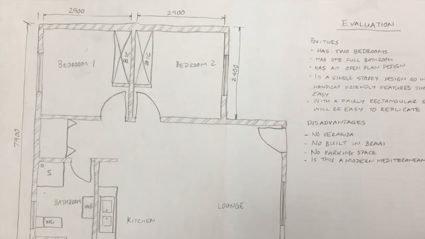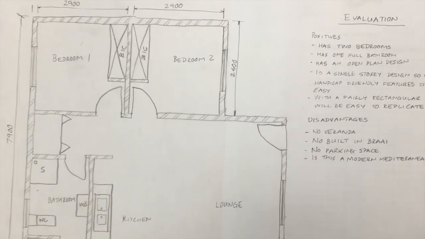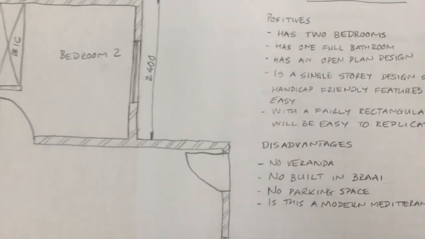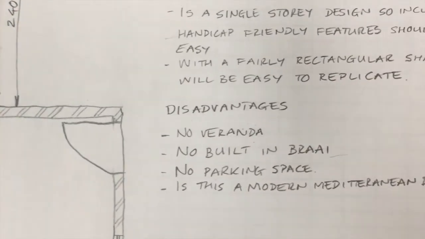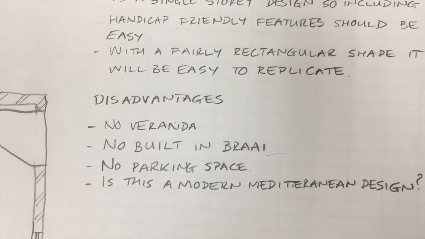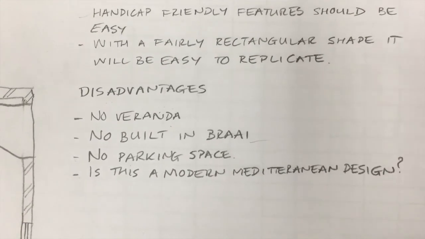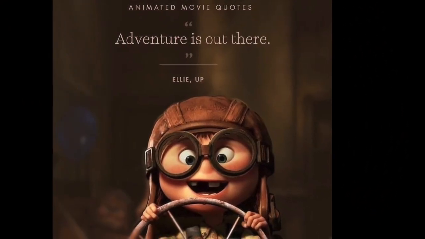I've jotted down some of the disadvantages of my design. So these are aspects that need to be then fixed in your next design. What's the